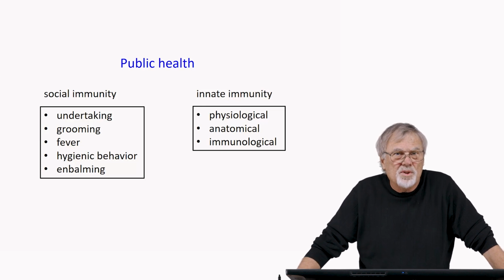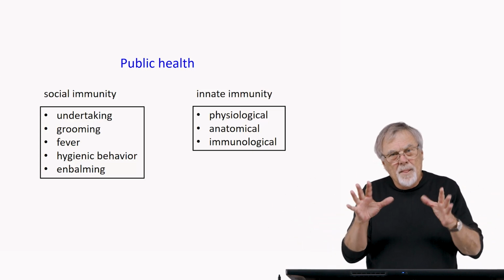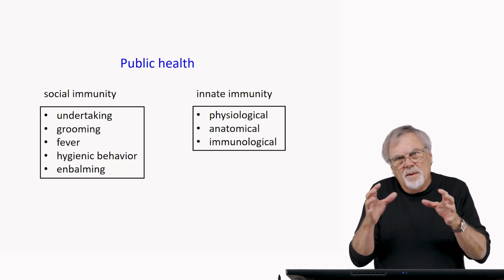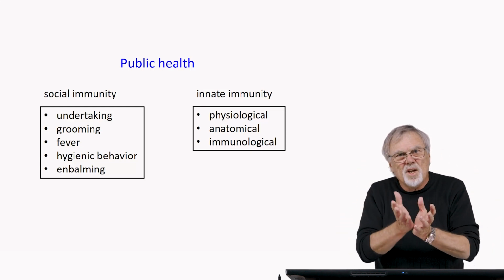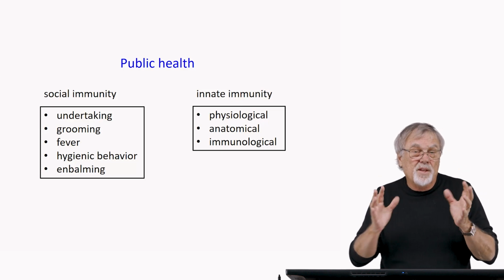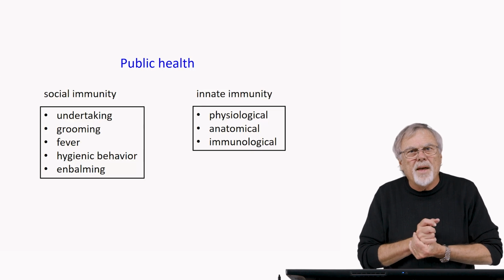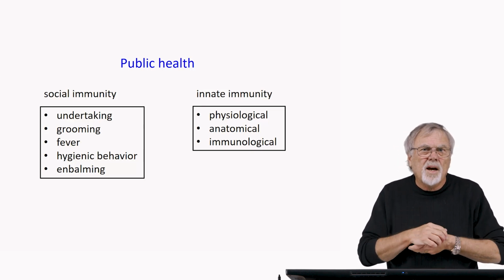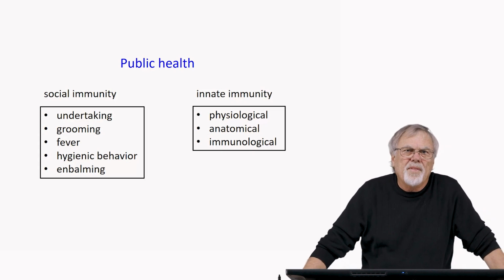A colony can produce a fever. If a colony has a particular kind of pathogen inside of it, the bees will vibrate their wing muscles, increase the heat, and overall the heat of the nest will go up, and actually with some of these disease agents will kill them. They have hygienic behavior, like we do, and they also embalm things that they can't remove from